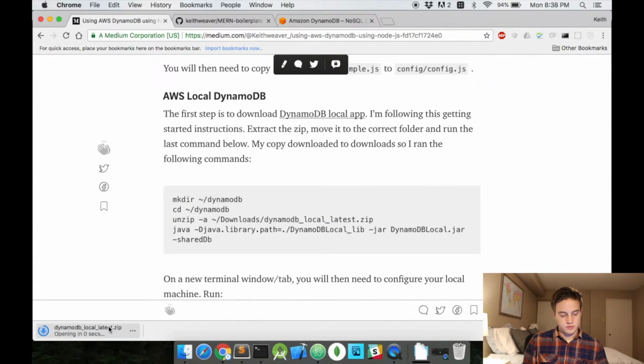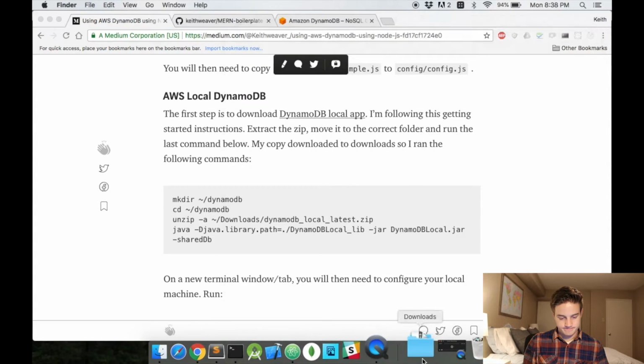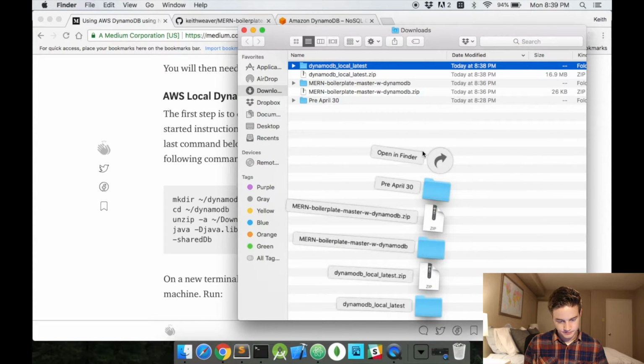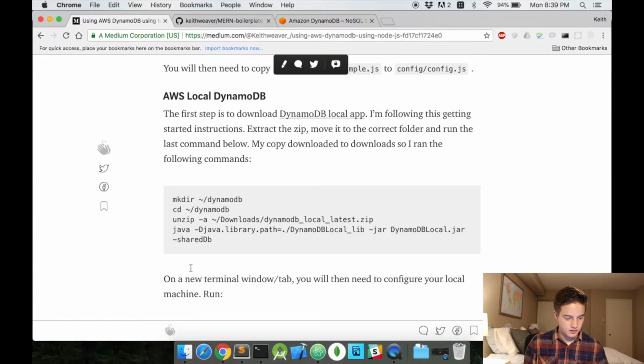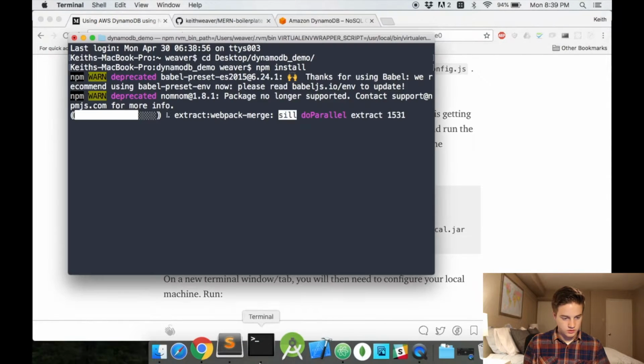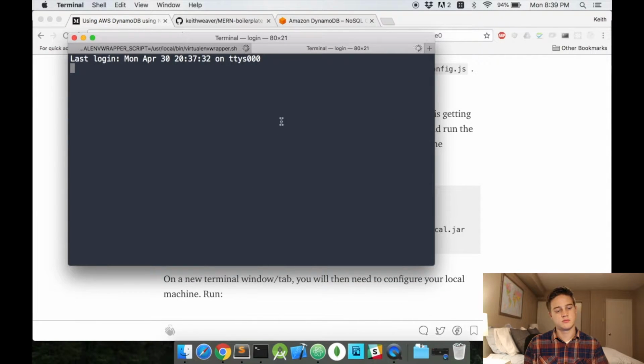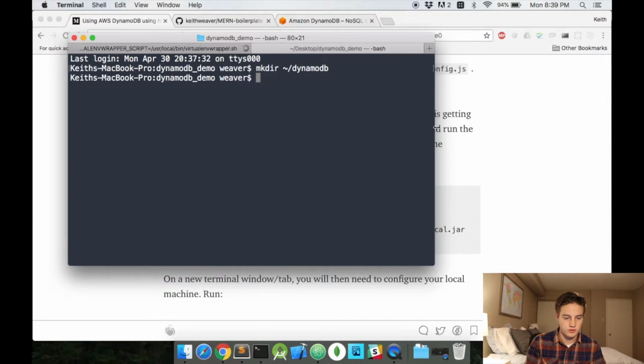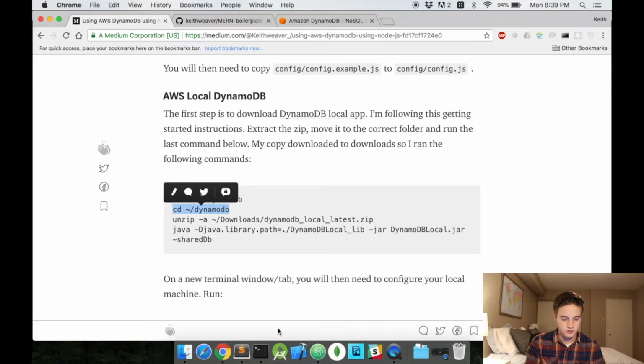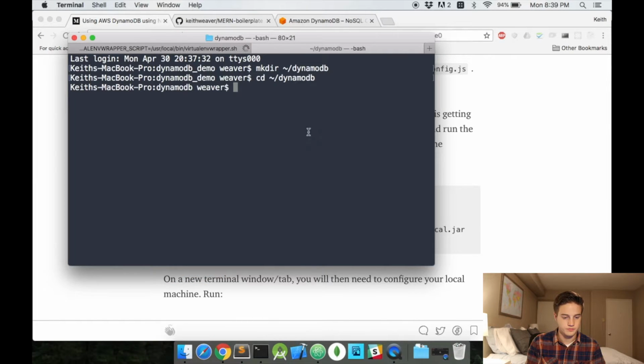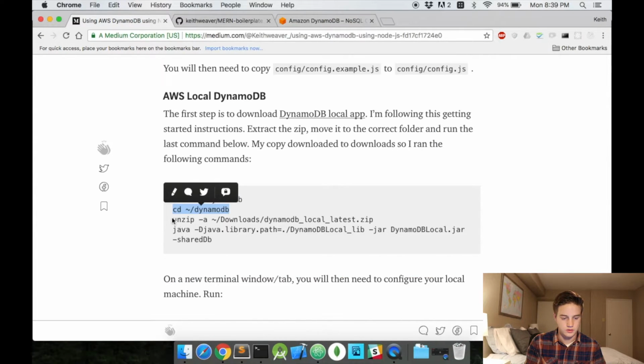And when that downloads, I'm gonna, oh shoot, I don't want to unzip it. Oh well. It's still there, zipped up. So I'm gonna switch to another tab, just doing Command T. On my terminal here, I'm just gonna run make directory in my root. Switch over to my root. And then unzip